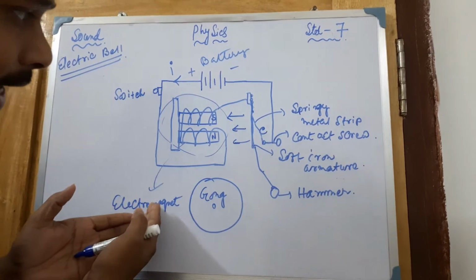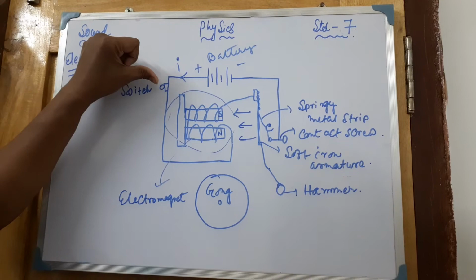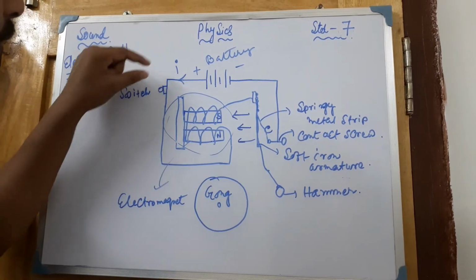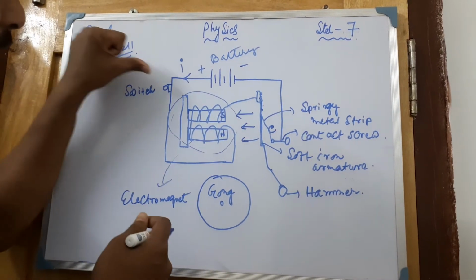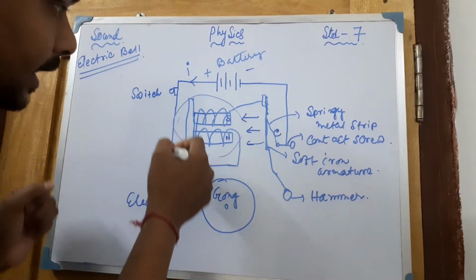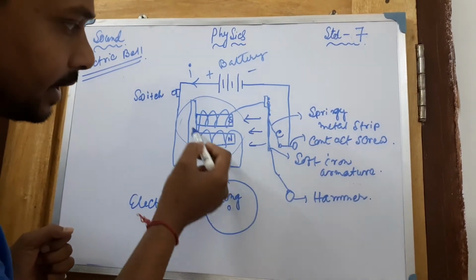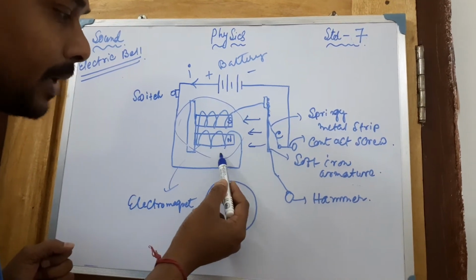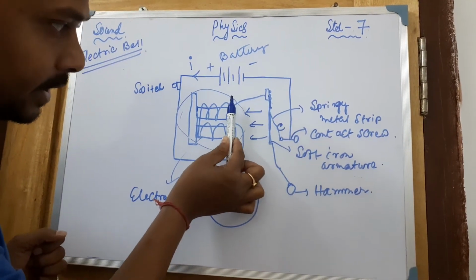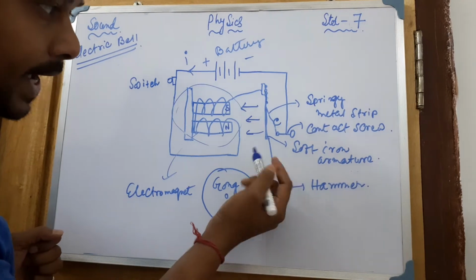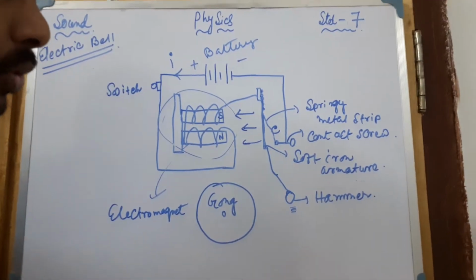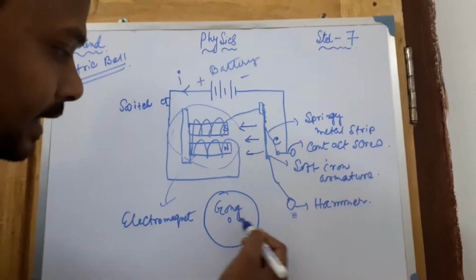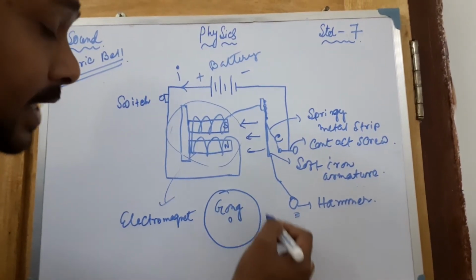So when the switch is on, current will generate. One key will be there, which is missed here. If you press the switch, current will generate here. Then definitely this will be converted to an electromagnet, and this portion will be attracted toward this side. As it is attracted, this particular thing, known as the hammer, will hit this gong. That means this is actually the bell.